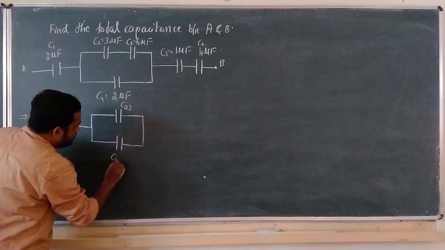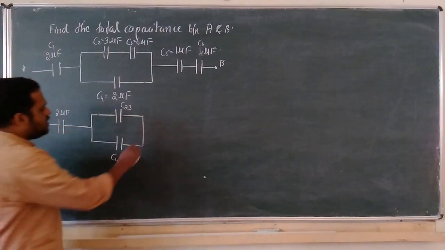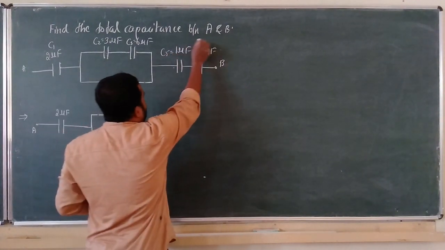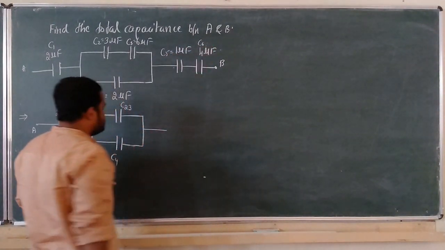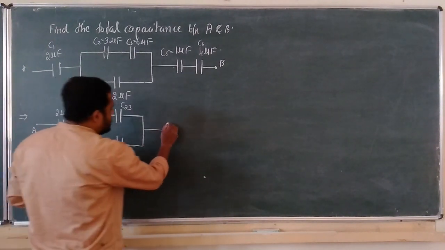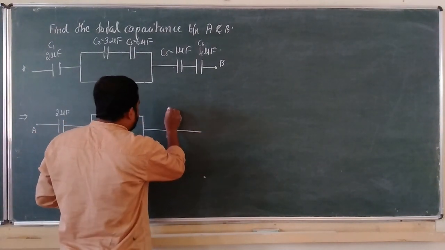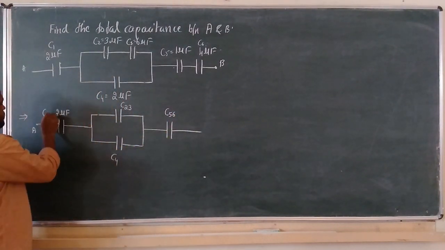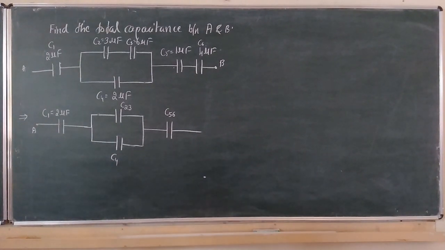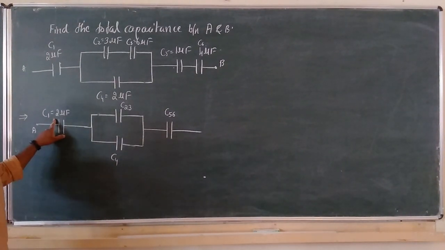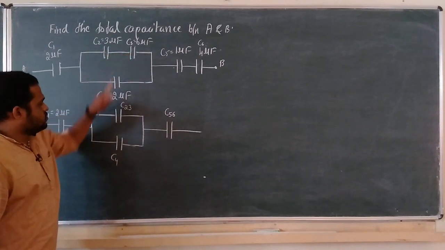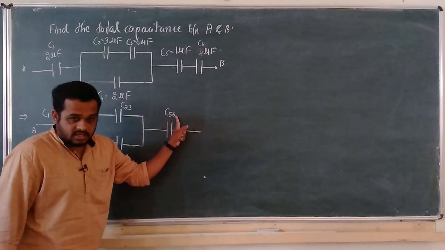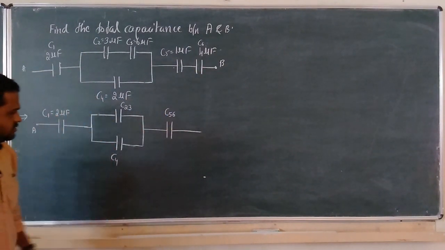Next capacitor, that is C4, it is as it is, no change. Next, if you consider this part, again these two capacitors, C5 and C6, are in series. So I can calculate the effective capacitance. Now this becomes C56. C1 is there, as it is. Effective value of these two, C23. C4 is retained as it is. Next it is C56, effective value of these two capacitors.